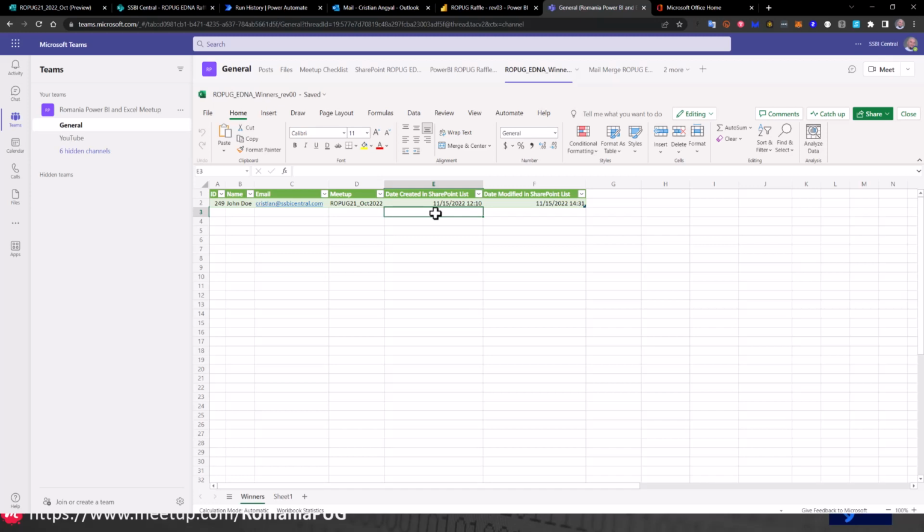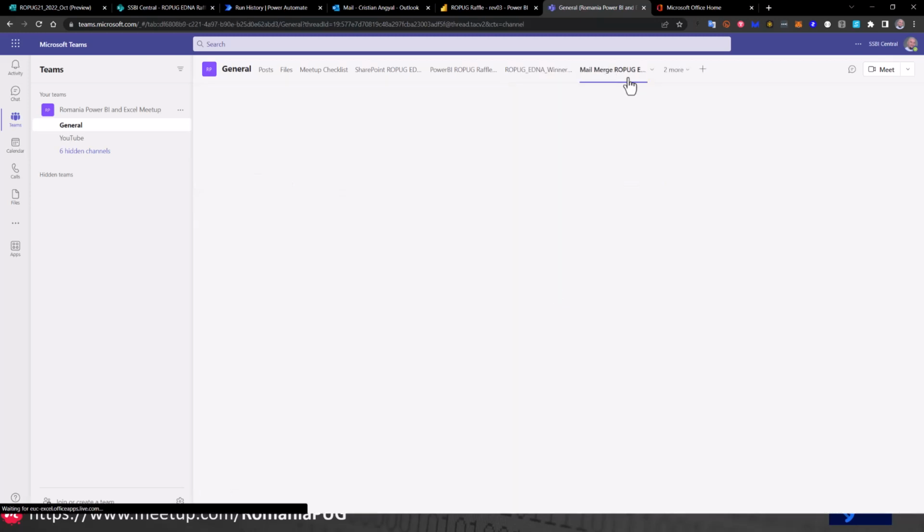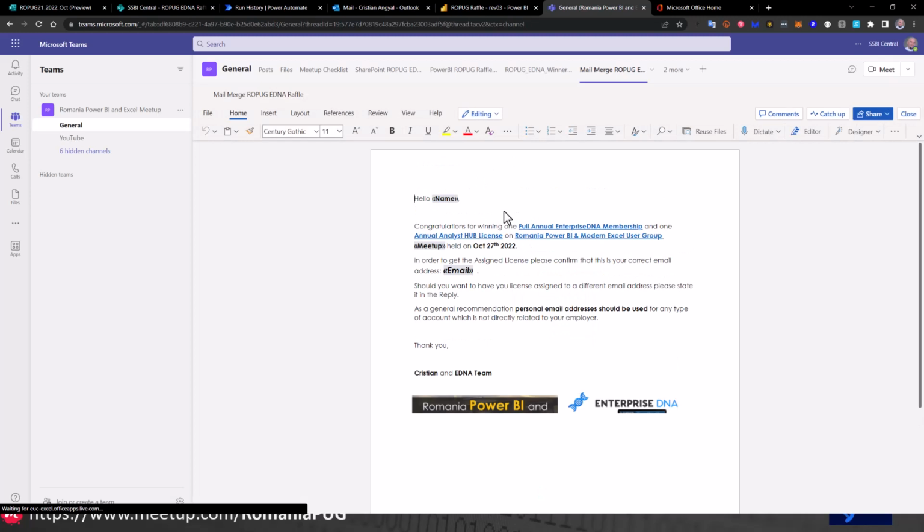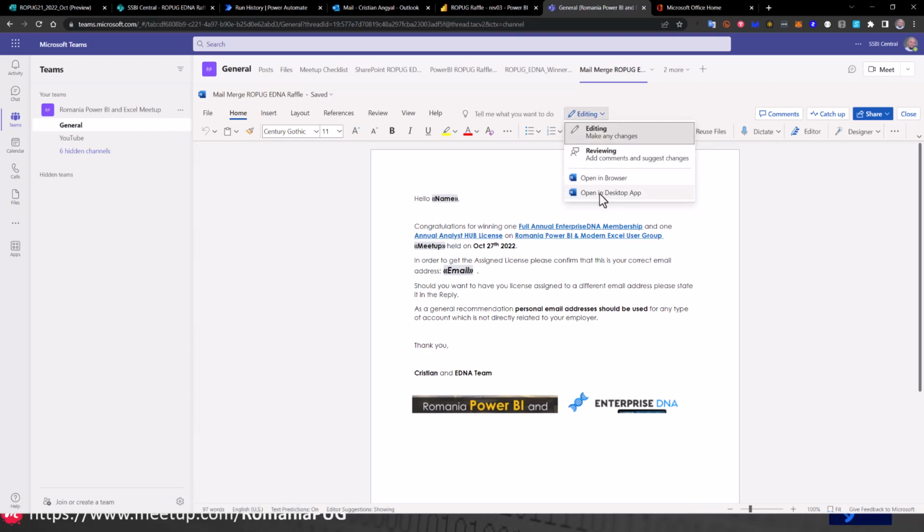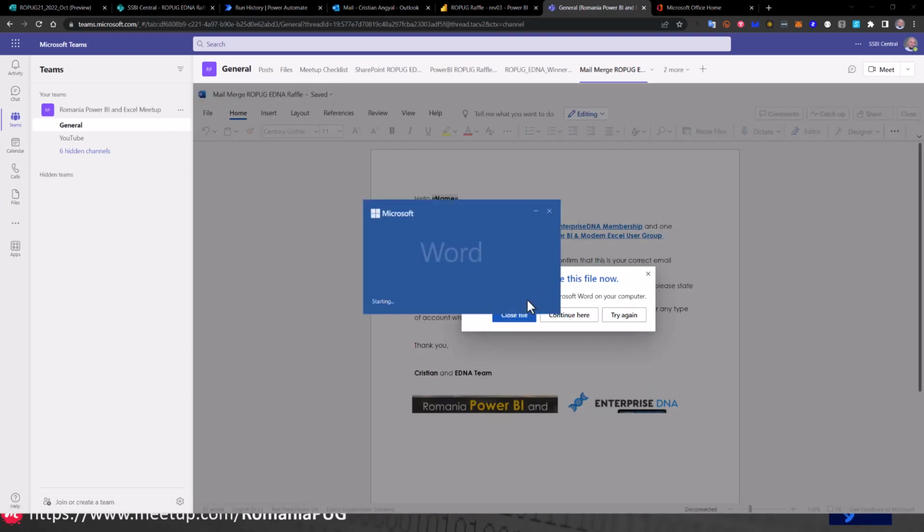But as soon as we have the winners, their emails and everything, what if you have 200 people that you would like to email to? It would be pretty difficult to send individual emails. Therefore, there is another component from Microsoft Office 365 that we can use, and this is Mail Merge in Word. In order to do this, of course, we also need to edit the file in the desktop app, and by doing so,